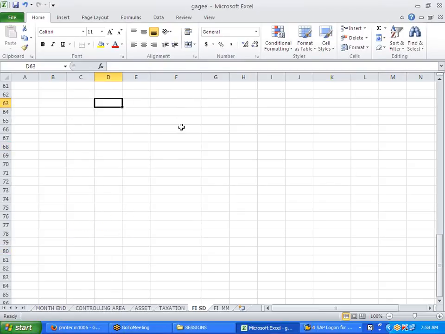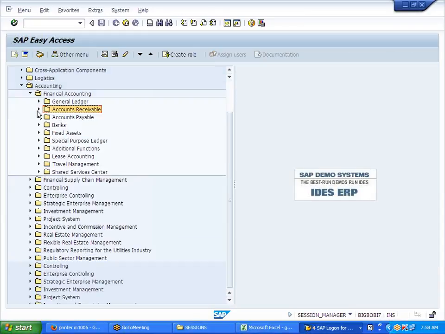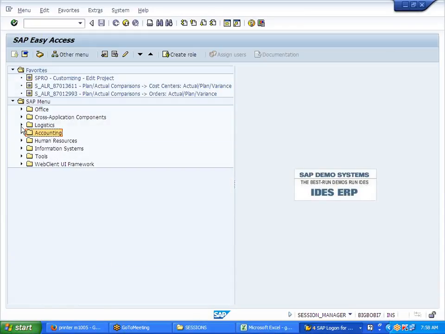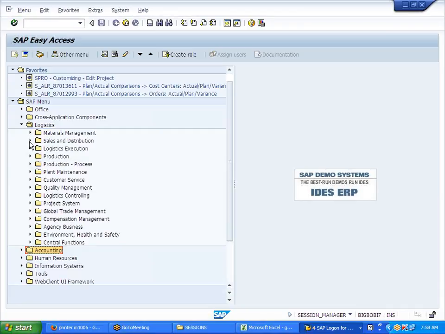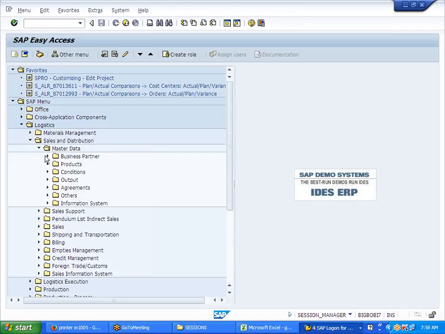Okay. Pay your attention very carefully to this one. Testing will give you more knowledge than the config side. So I'm testing this. This is my order to cash scenario. Jayaprada, Gaji, order to cash. Pay your attention here. Yes, correct. Logistics execution, sales and distribution,